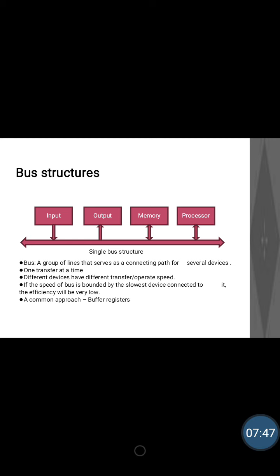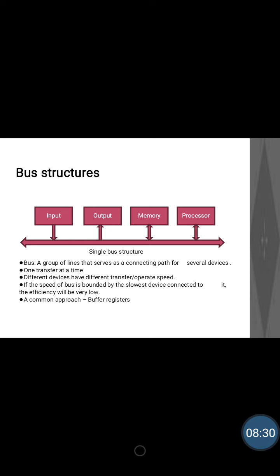Here buffer registers are used to store the data in each of the units. Assume we are printing characters. Here encoded characters are to be sent by the processor and the printer has to print them. The processor is a fast device working at an electronic speed, but the printer is a slow device. So what happens? The printer can lose some of the characters sent by the processor. Hence we need buffer registers. If we have buffer registers, then what happens? The printer will have the buffer register, and the buffer within the printer is working at electronic speed.